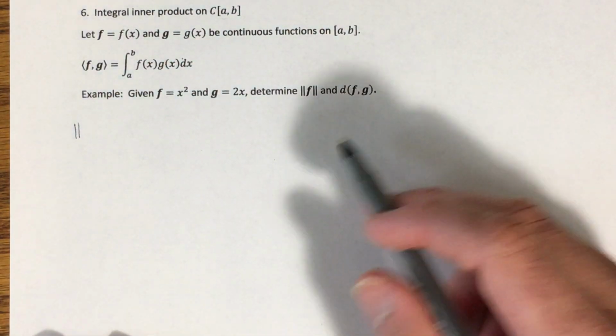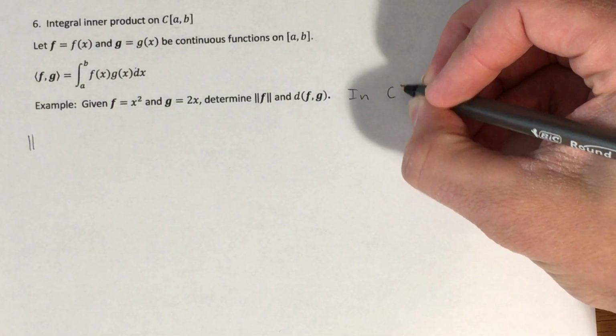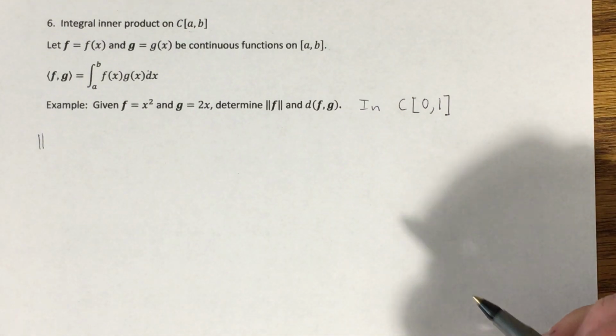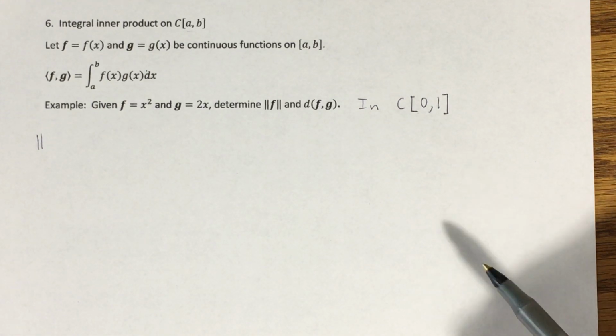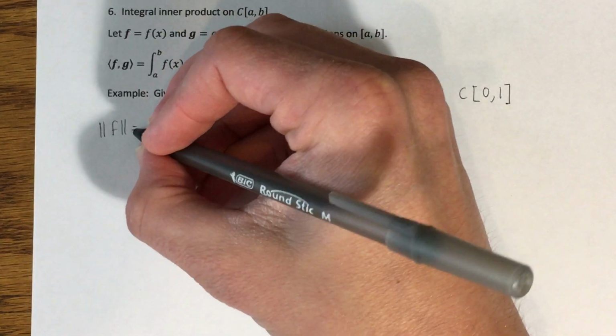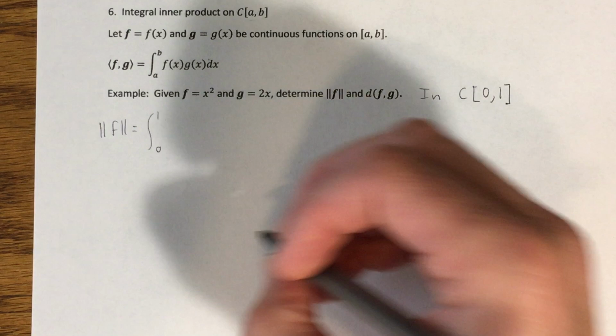Oh, and you know what? I left something off here. We're going to consider these to be functions in the vector space C[0,1]. You can't do anything unless you have a specific closed interval that we're talking about, because those become the limits of integration. So if I want the norm of f, that's equal to the integral from 0 to 1 of